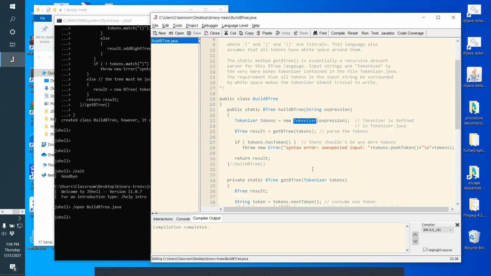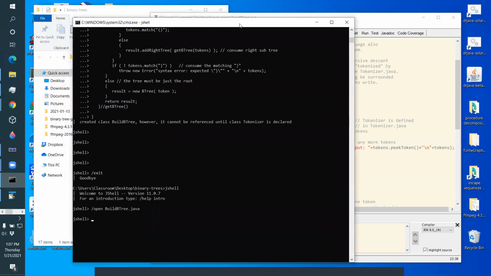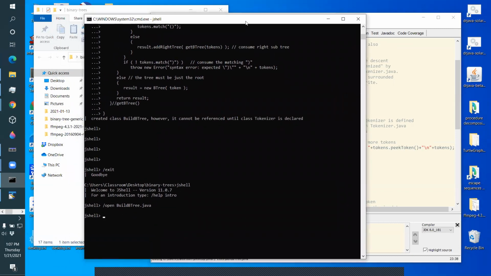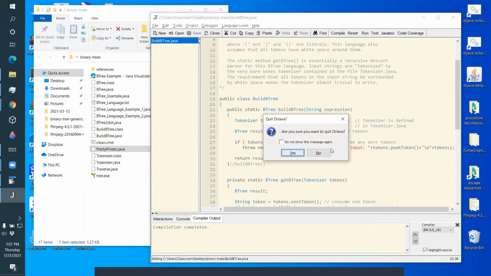Because C is an older language. Most modern languages are more like Java now. If a file that you're compiling has dependencies, the dependencies themselves get compiled automatically. Okay? That's a more modern way to do things, and it makes it surprising that the shell doesn't seem to be that way. But the shell is nice. Shells are very good tools to play around with. They're good tools to learn how to use. Okay, so now,